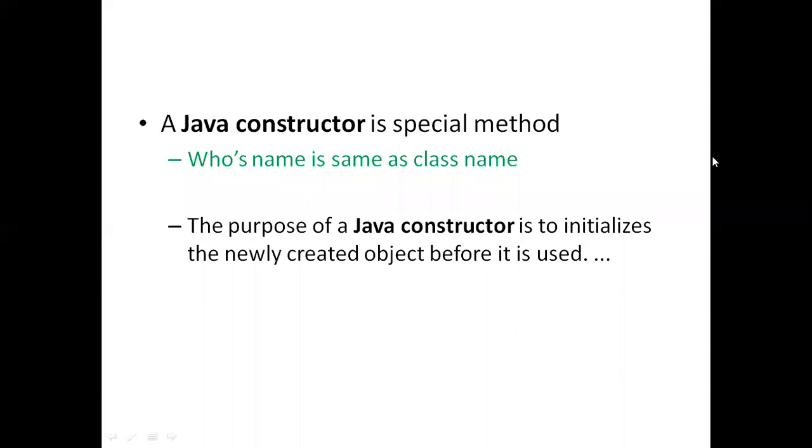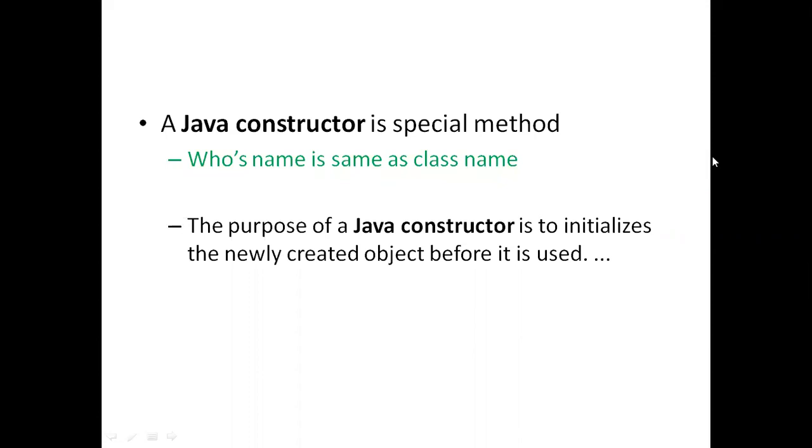And the purpose of using these constructors in programming languages is that they are used to initialize the instance variables of a class, right? So if the name of the method is the same as the class name, then it is called a constructor. And these constructors are used in the program in order to initialize the instance variables which are present inside the class.